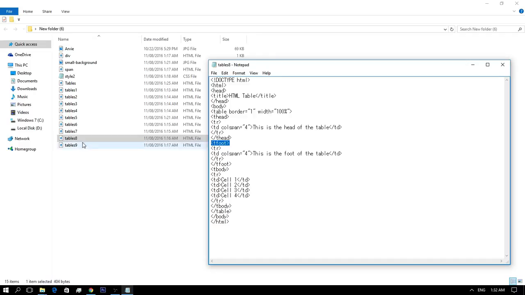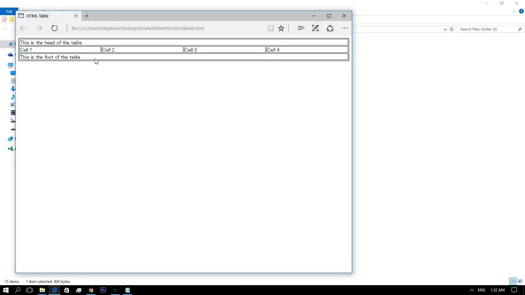But it is notable that thead and tfoot tags should appear before tbody. So this is our table head, the table body, and our table footer.